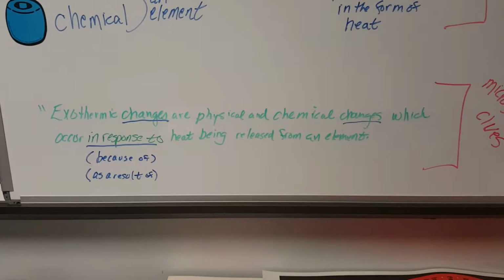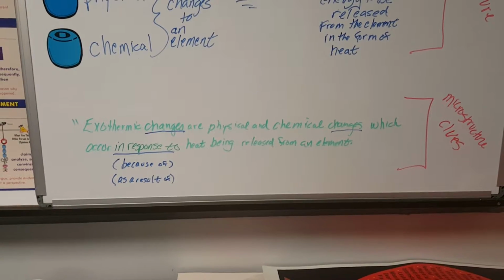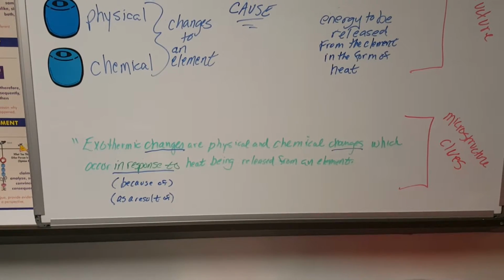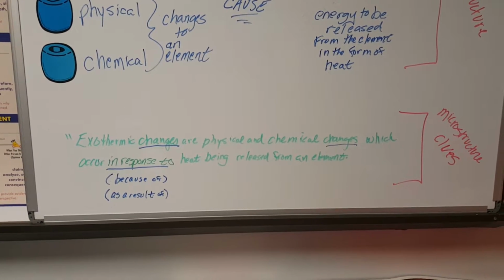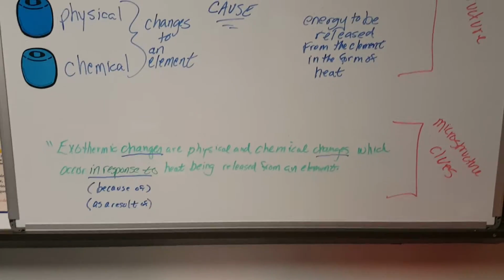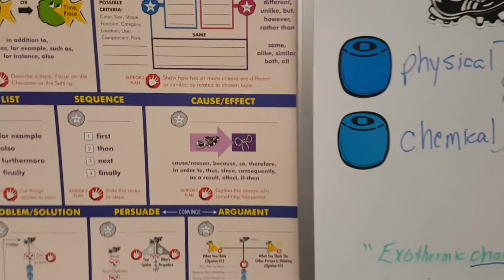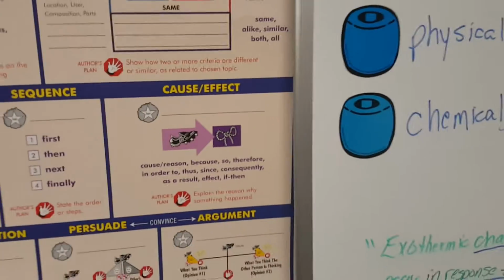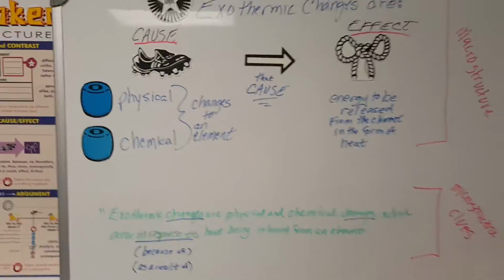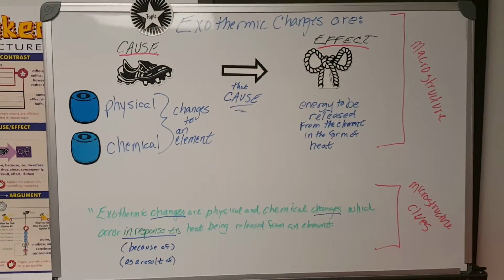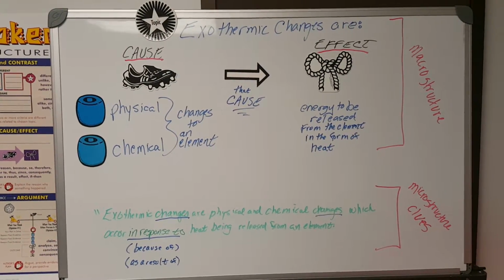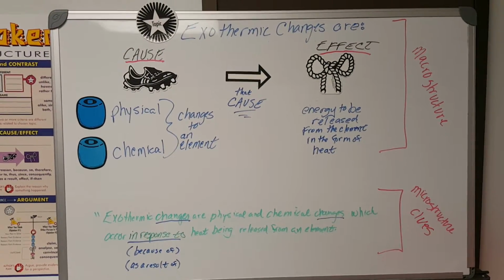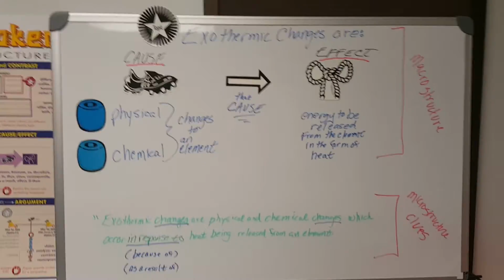The second microstructure clue that we have is the phrase in response to. We could replace that with because of or as a result of, and the sentence's meaning is still there. And those are microstructure clues found in cause-effect. So because of those microstructure clues, we can determine that this sentence and this concept is going to come under cause and effect. So our topic is exothermic changes,